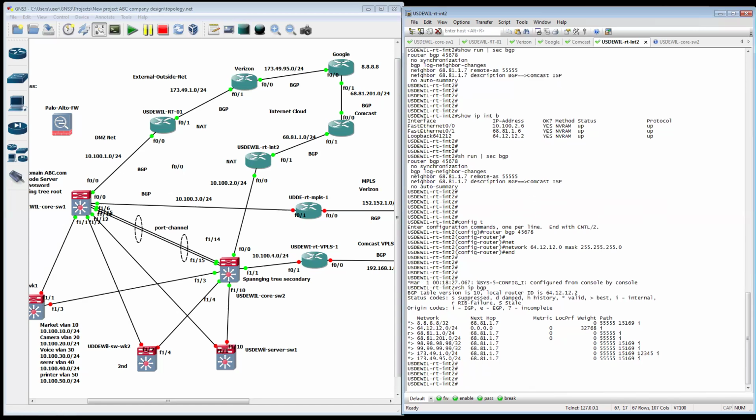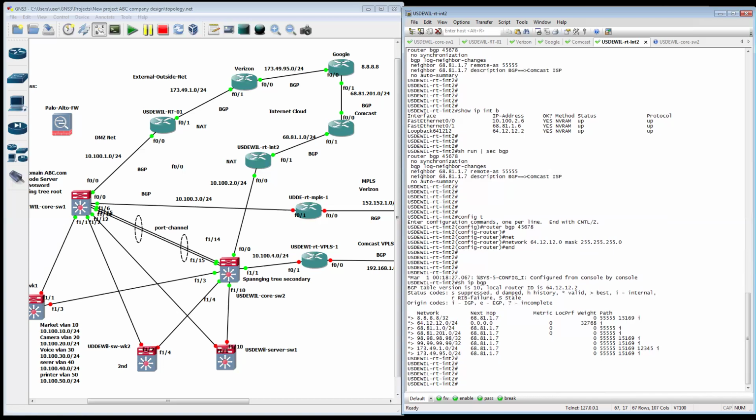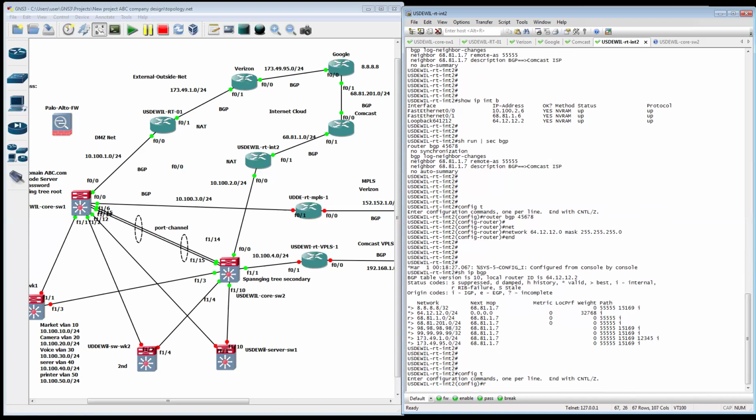So okay, how do we do that? Same thing again, we have to use the route map, right? So let's go back to config first here. We're going to create the route map. This is going to be BGP in or out, right? So for example, you want it to be outbound, right? Inbound, this should be outbound,